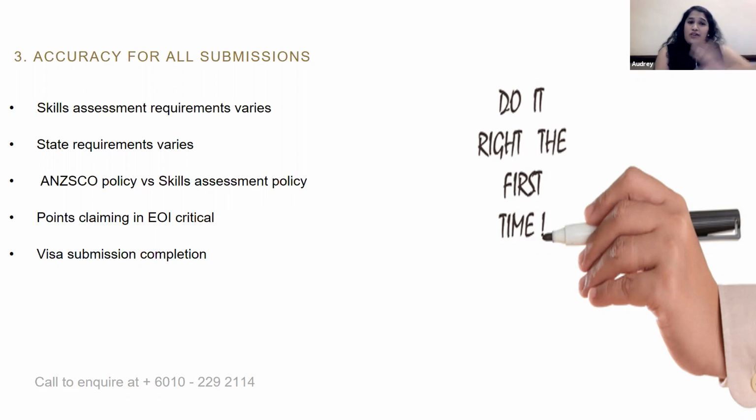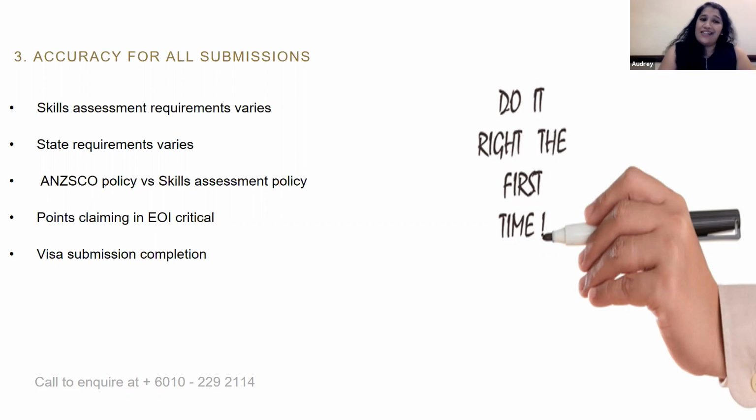When you see, there are many stages of submissions, right? You first will be putting in a submission to get your occupation done. After you do that, you will also need to seek an invitation, right? And how do you seek an invitation? You need to put in a state nomination application. To which state? There are 6 states and 2 territories. All the states and territories have their own requirements, and it varies. One accepts it this way, the other one will not accept it that way. So we really need to know that when we are putting in documentation for this particular state, they're not going to come back and say, okay, this is not meeting. All right, so accuracy is so important.